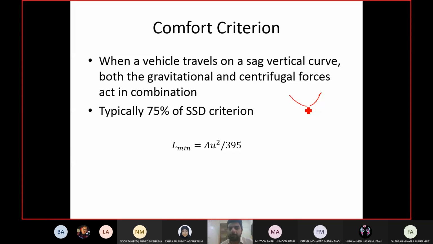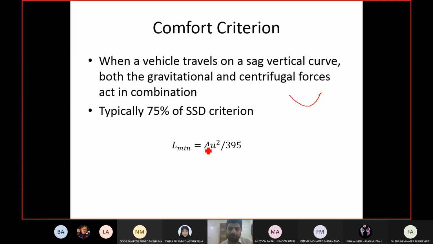This is because of the discomfort. You feel the adrenaline passing through you because of the scare you have, because of the hazard you feel. So if you are in the car going with your family and you have a curve like this, obviously you will not feel the thrill or the adventure. You will feel scared, you will feel discomfort. So we have to make the curve smoother so that the drivers do not feel the discomfort.